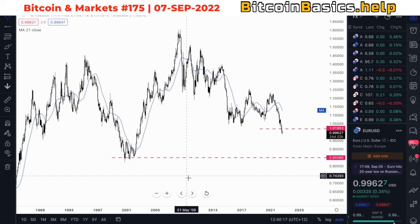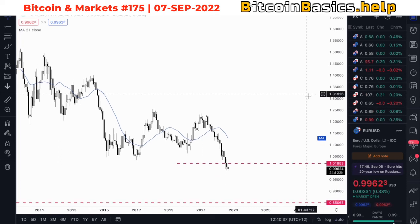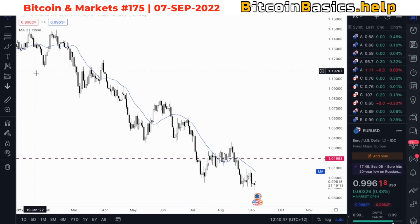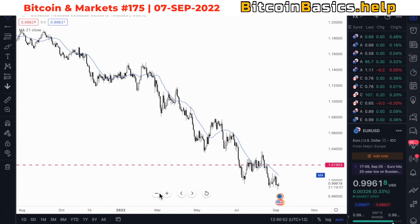So I'm going to look into selling the euro against US dollar. And that's not a negative carry trade, by the way. I think it's positive carry, if anything. So I'm going to be selling the euro against the dollar, but I want to wait for a bounce simply because, and this is a monthly chart, remember guys, it's gone down several months. So it's going to get a bounce. I would expect it to bounce maybe above parity simply because of how fast that's gone down. I mean, from 114 down to 99 in just a couple of months,